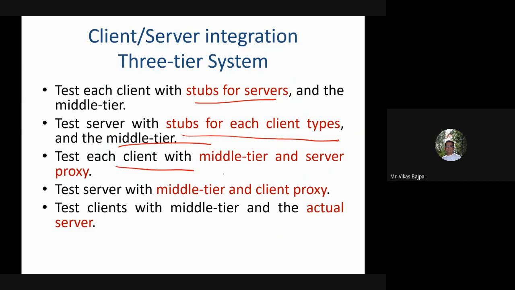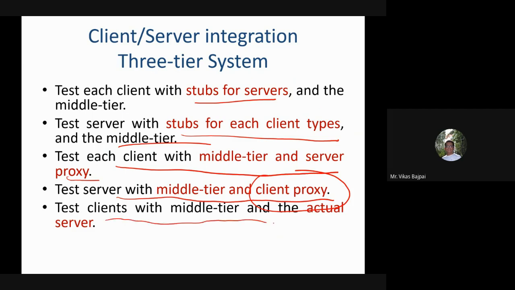I can test each client with the middle tier and a server proxy. Then I can test the server with the middle tier and a client proxy. Or lastly, I can test the clients with the middle tier and the actual server as well. So this is another possibility.